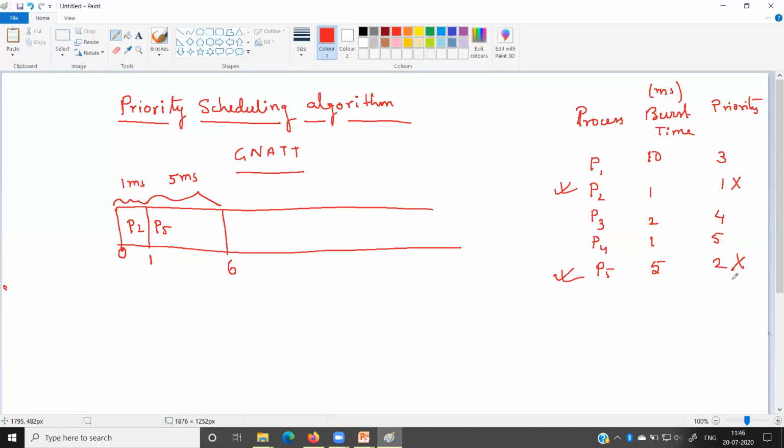Now P5 completed its job and is no longer present in the ready queue. Among the next 3 processes P1, P3, P4, P1 has the low priority value, which means P1's priority is high. We consider the low value as the highest priority, so P1 will get the chance first. P1 will be executed after P5 and its duration is 10 units, so it will stop after 10 units. The next time slot will start from 16. This duration is 10 milliseconds.